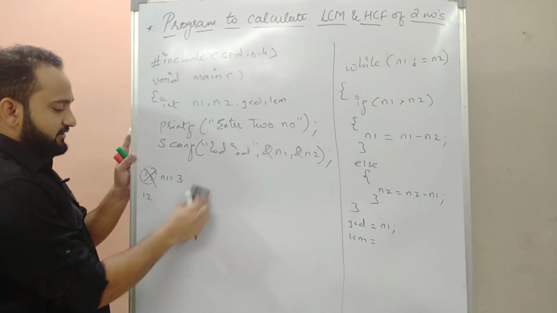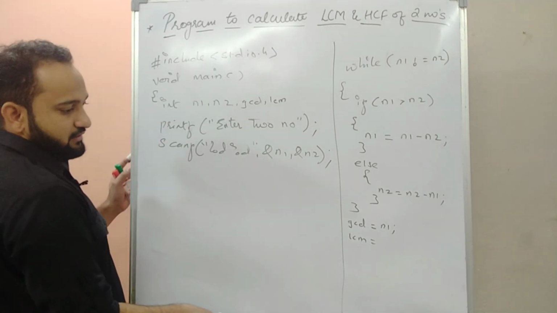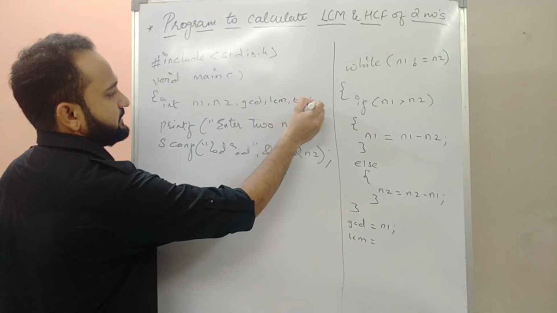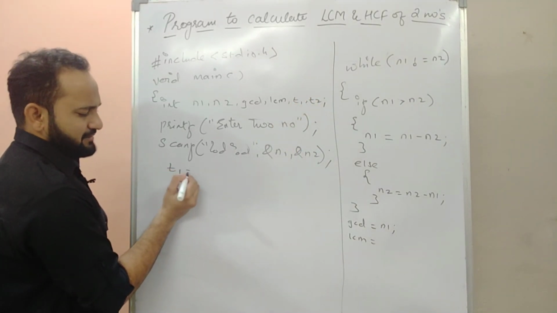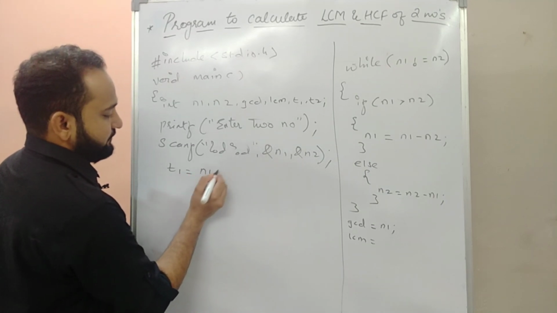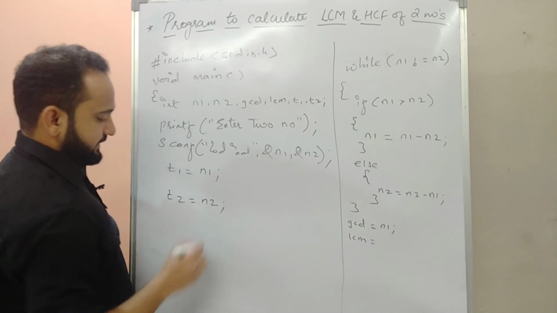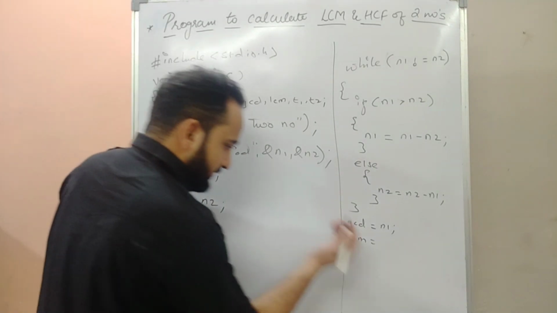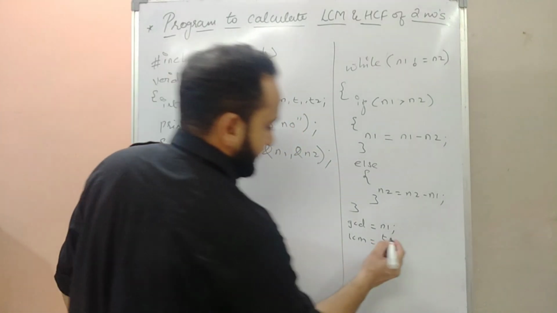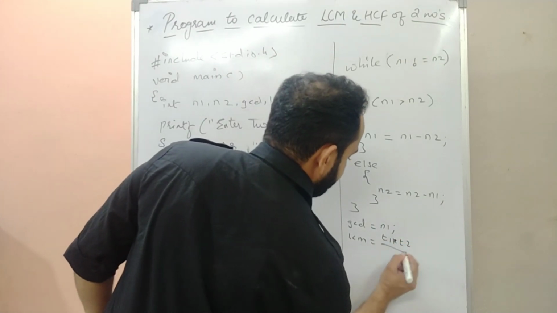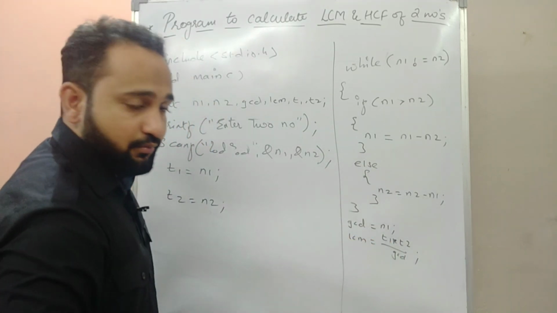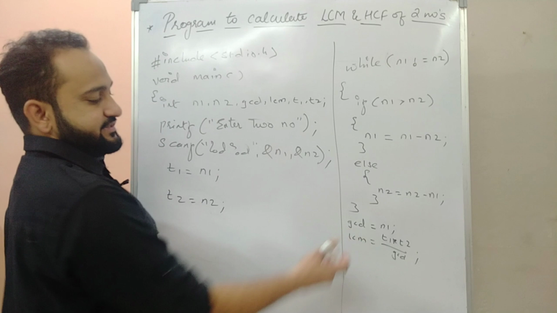So what we have to do? Tell me. We want 15 and 12, right? We want the original numbers for calculation of LCM. So we need to store them in other variables. Let's take two variables, T1 I'm taking and T2, right? T1 is a temporary variable, any name you can take. I'm going with T1, T2. Into T1 I will put the value of n1, into T2 I will put the value of n2. Now those values are stored. Now while calculating LCM, we want both the numbers, which are in T1 and T2 now, right? We'll be writing T1 into T2 divided by the value of GCD. You can write divide by GCD, divide by n1, divide by n2, whatever, all are correct. Okay, so that's how your LCM will be calculated.